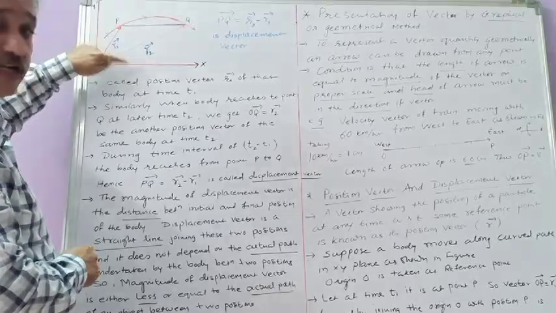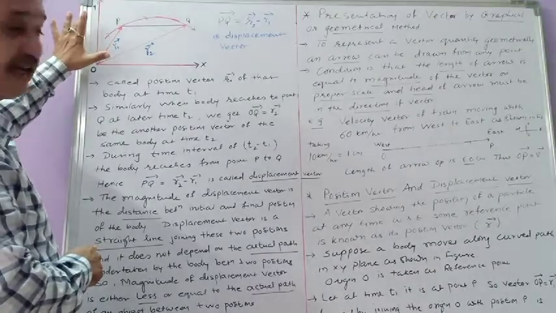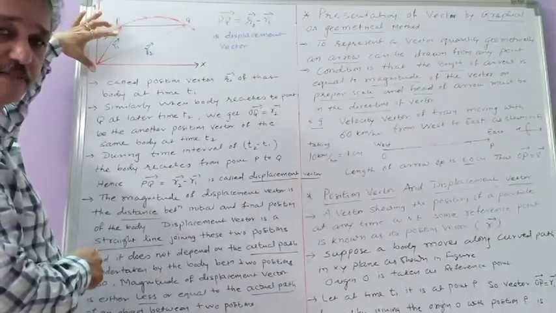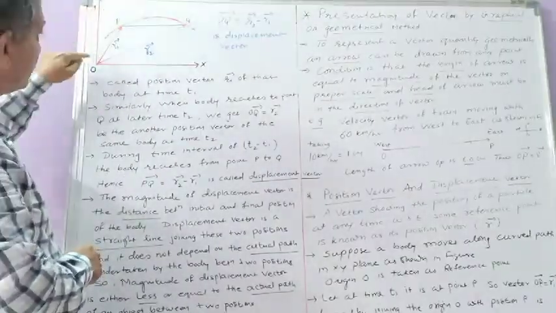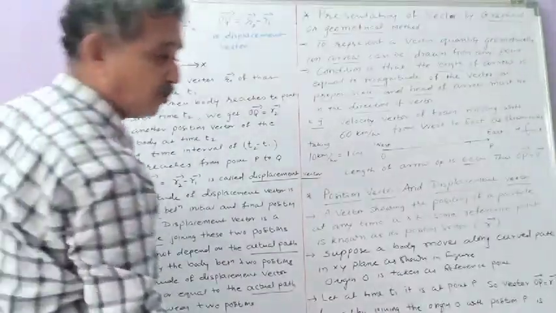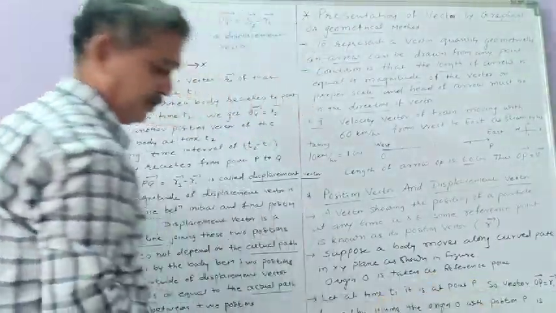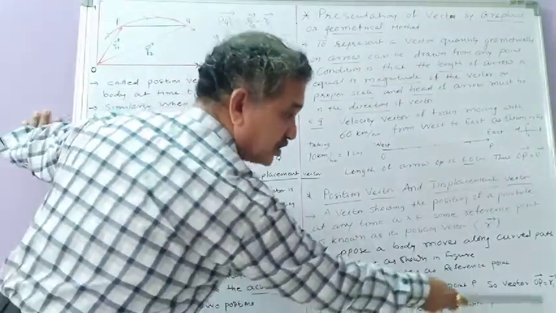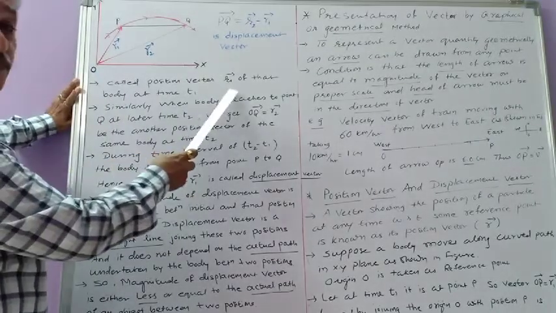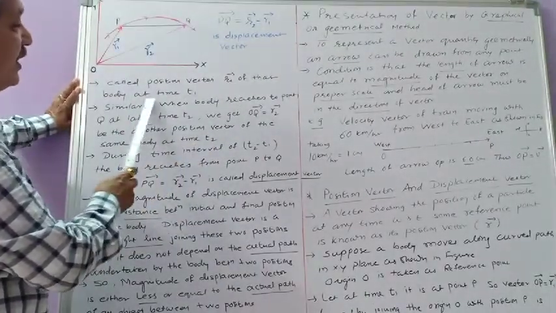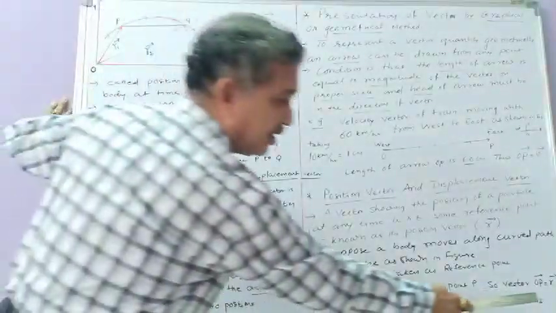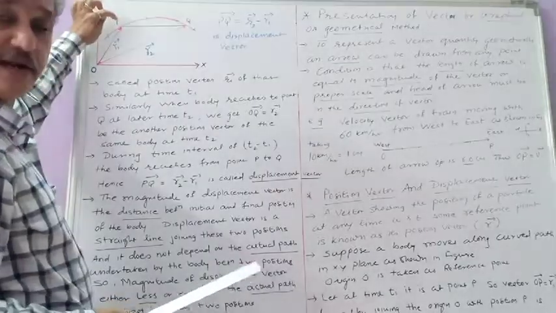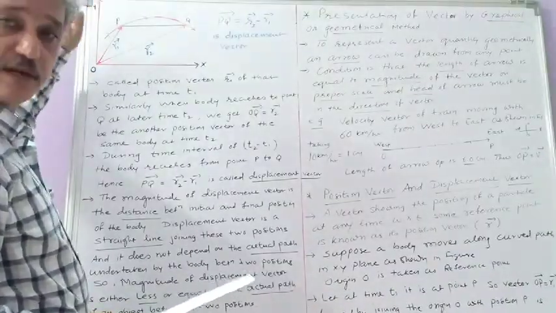It is not in the x direction, not in the y direction. It is lying in the xy plane, and its length, the distance from O to P, is fixed. The direction is also fixed. And this kind of vector OP is said to be what? The position vector r1. It is formed by joining the origin with position P, and is called the position vector r1 of that body at time t1. So vector OP equal to vector r1 is known as the position vector of the body at time t1 when the body is arriving at point P.